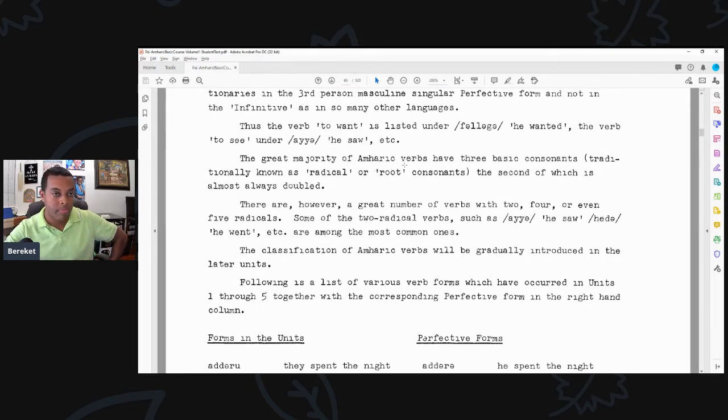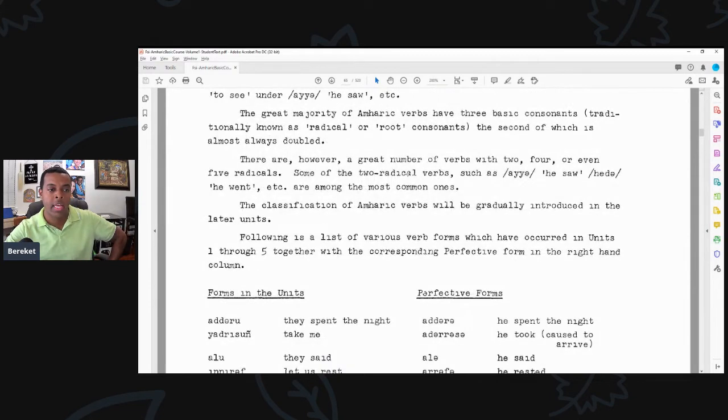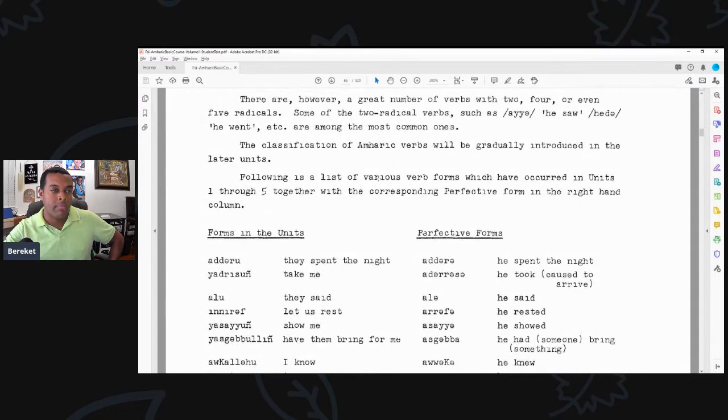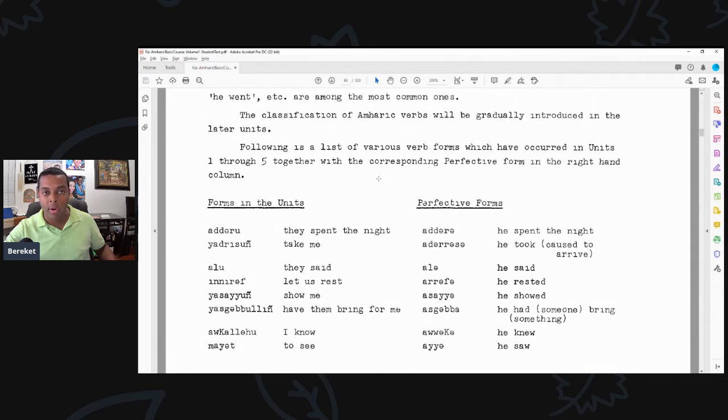So most verbs have those three basic consonants, like falaga, but then you also have some that only have two radicals, like heda, or aya, and then there's some that have even more than that, four or five, but those are usually pretty rare. It's mostly three or two. So that's what covers